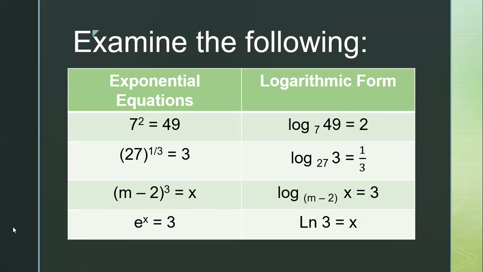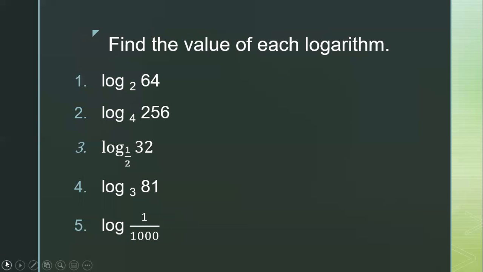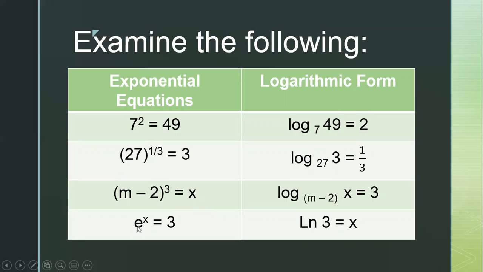Okay? And then if we have e raised to x, going back with the last example, e raised to x is equal to 3. So we have here the Napierian e. If we have that as our base, then the logarithmic form will be equal to ln, which is the same as the natural logarithm. Okay, so that is equal to ln 3 is equal to x. Okay,